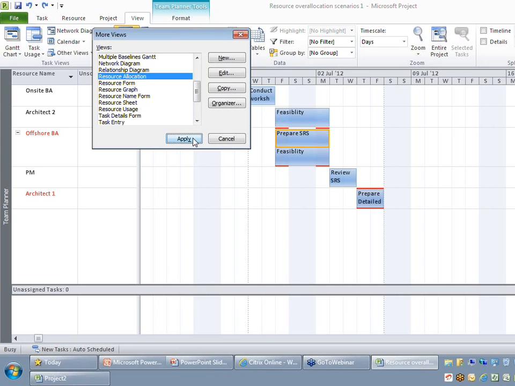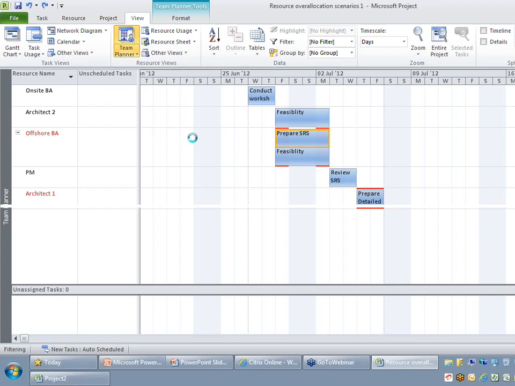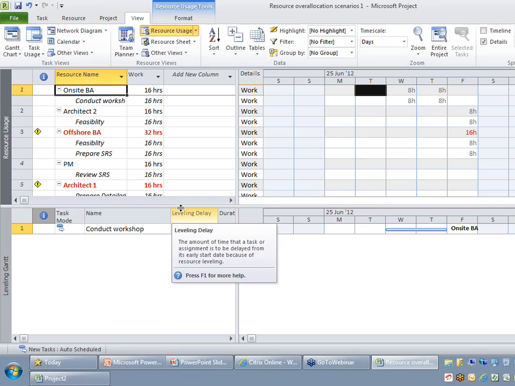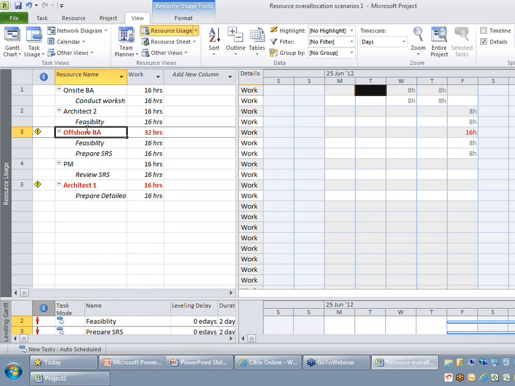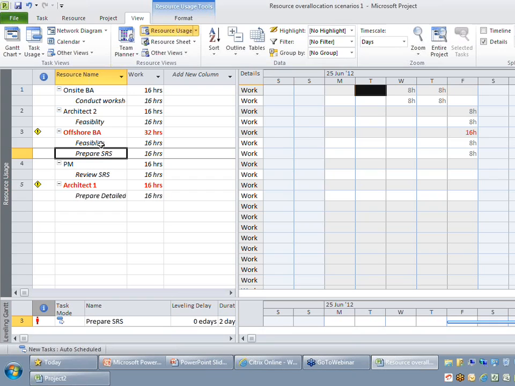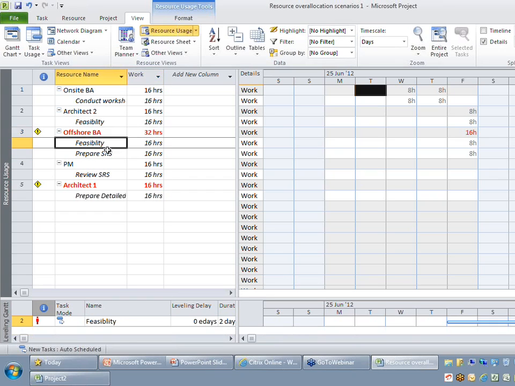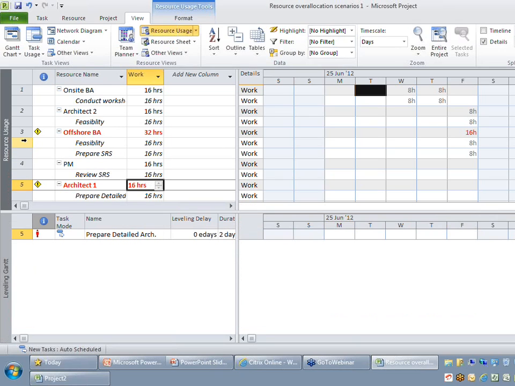So when you select the resource allocation view, you have the resource usage. It ideally talks about the set of assignments that are grouped under resources. In this example, you can find the offshore business analyst is assigned to 2 activities, and the total effort of this particular resource in the project is 32 hours, which is divided between these 2 tasks as 16 hours and 16 hours. Similarly, architect 1 is working only on 1 activity for 16 hours. The advantage of making use of the resource usage is you will be able to precisely know how much he might be over allocated or how many hours he is working on the individual task.